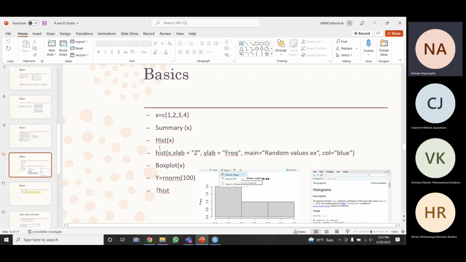So after analyzing, cleaning and interpreting all the data that you have with you, you have to visually represent it. You can use any of these functions like histograms, box plots, and other charts. You can clearly visualize your results, right?